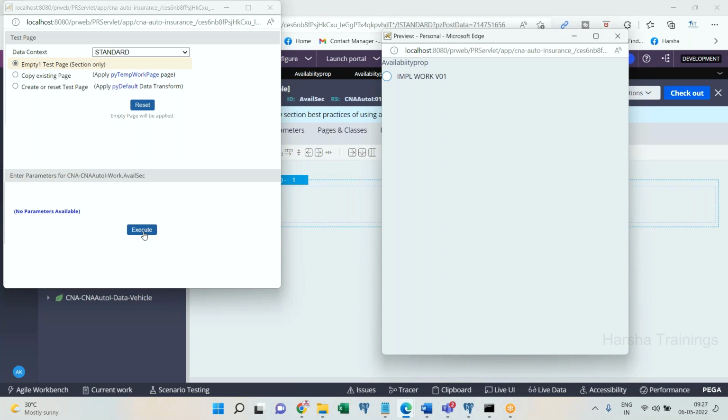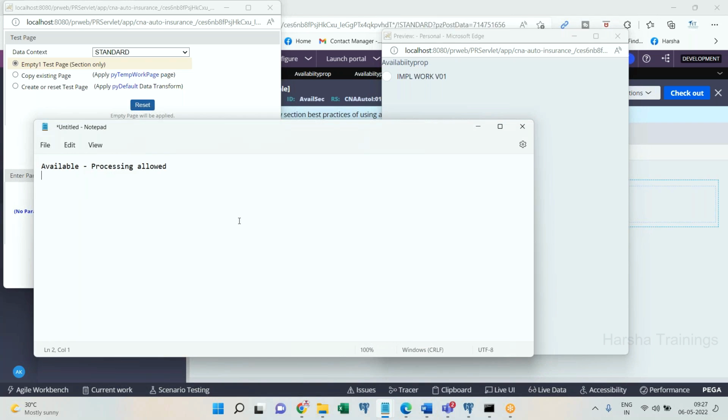Not available version related rule. Is it been picked or not? That is been ignored. Then which one is picked? In the current class, previous version is there. Not available is highest version. Previous version is there, that is available, that has been picked. So if availability of a rule is not available,